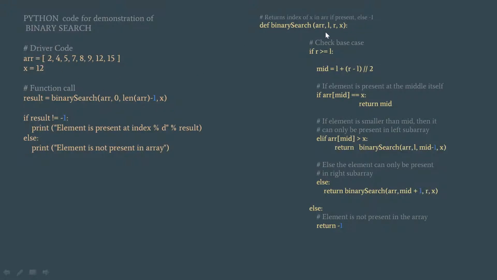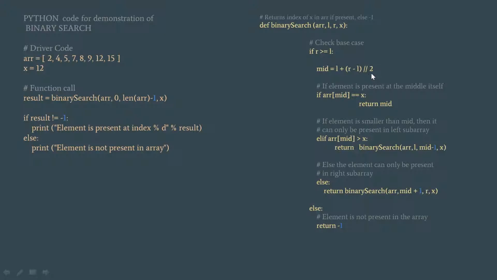So going into this function, we find here the base condition. What does this base condition show? That r is greater than or equal to l. L is right now 0 and r is right now 7. The condition is satisfied, so we move into this block. Inside this if condition, the first thing is that we declare a middle element. If you remember the previous slide image, we first need to find the middle. How do we find the middle? We find the middle by adding first plus last divided by 2.